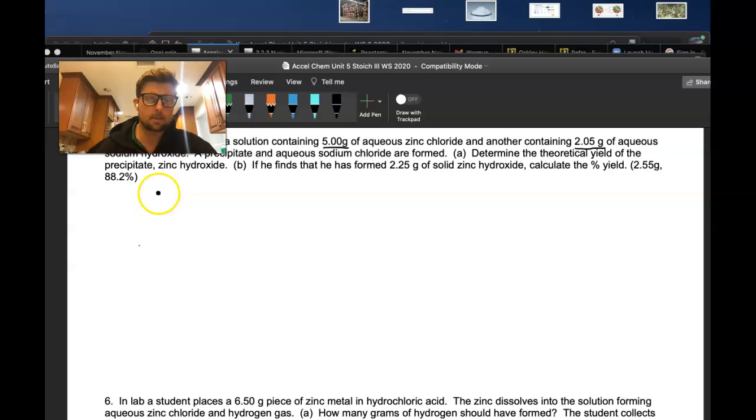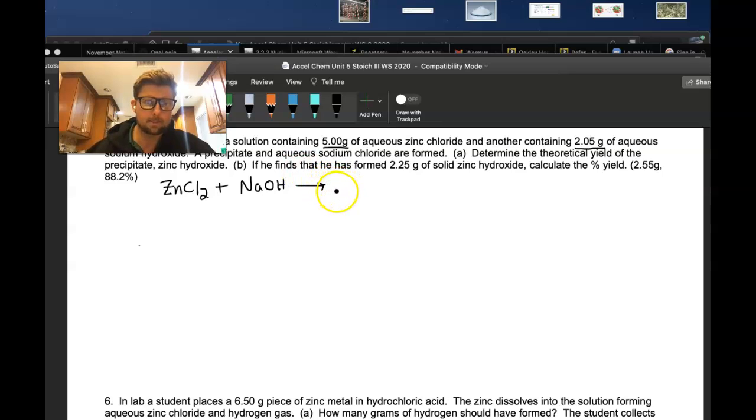So just as always, we are going to write our balanced chemical equation first. So this is number 5 of our stoichiometry worksheet 3. And I'm going to write aqueous zinc chloride. I'll leave off the states of matter. So that's ZnCl2. And aqueous sodium hydroxide, and you might recognize this as a double displacement reaction because these two